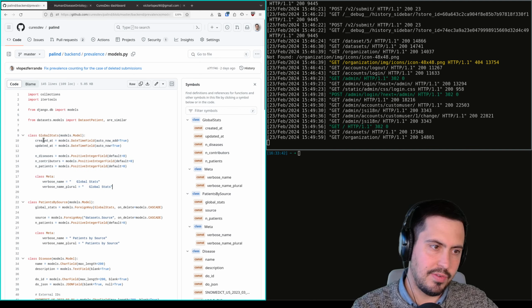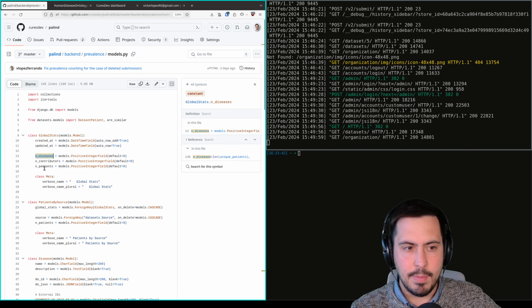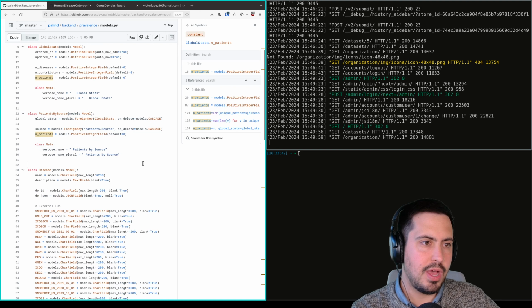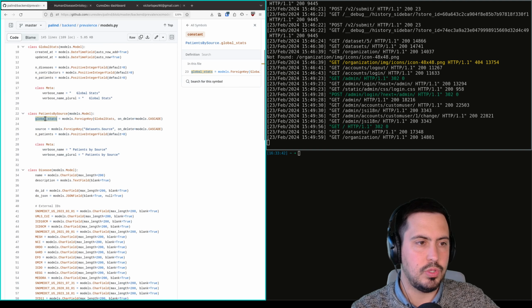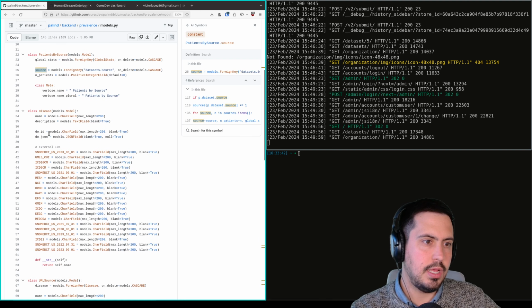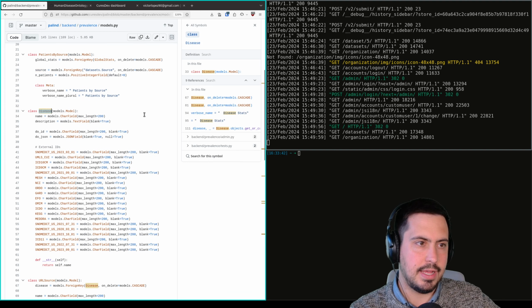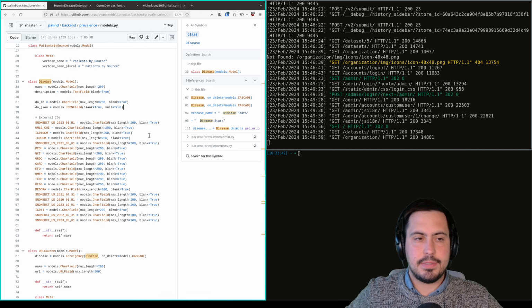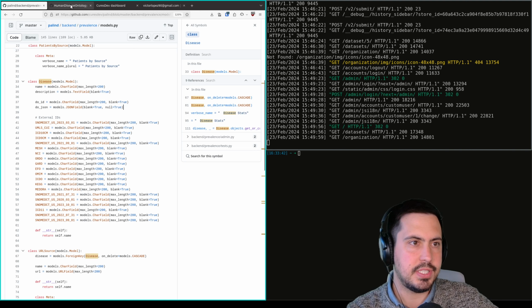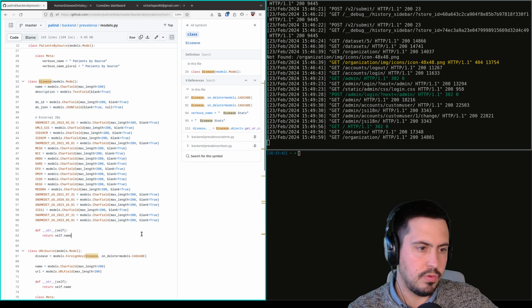So here on top, we have when it was created or updated, number of diseases, number of contributors, number of patients. And then we have all other stats linked to these global stats. So we have the patients by source, and then we have all the diseases that we have. This is the representation of this human disease ontology data. So all of these fields